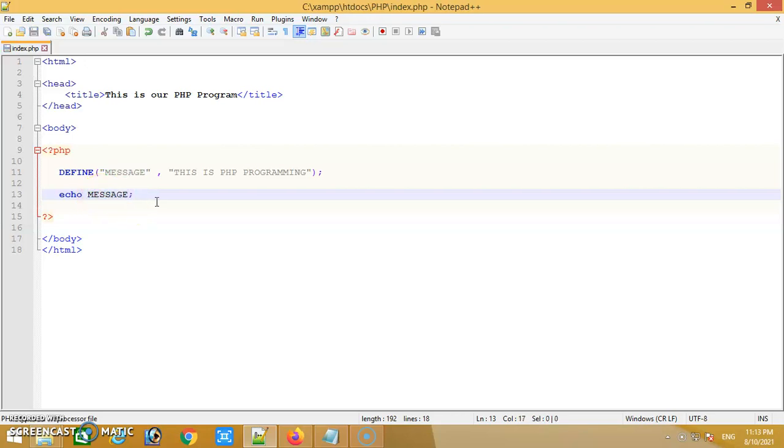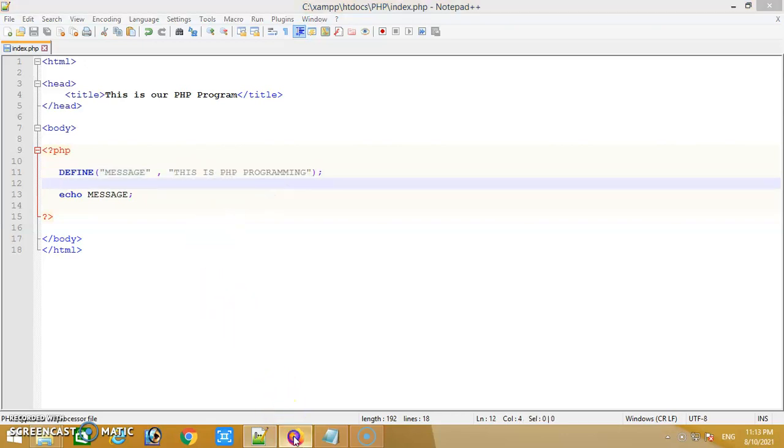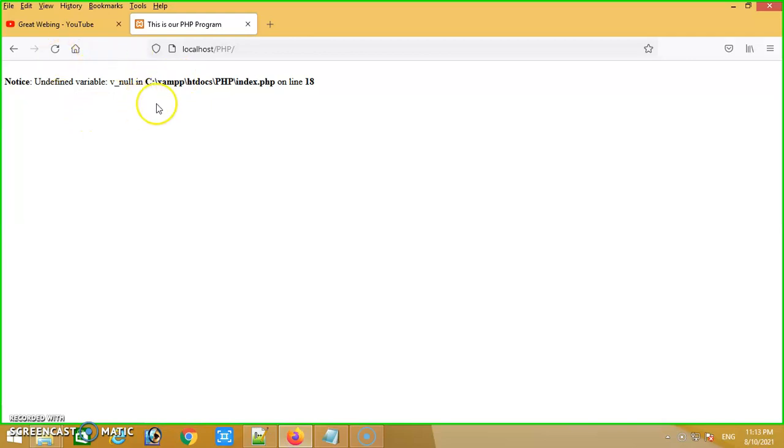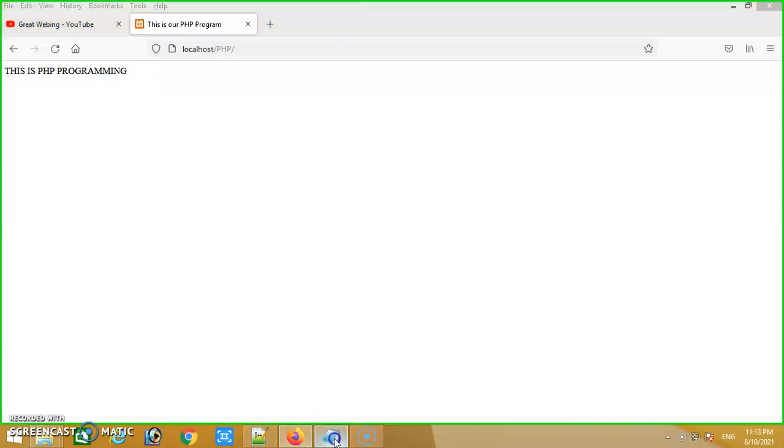That is the rule for constants. Now if I write echo message, it will display the output 'This is PHP programming'. I'm going to the output of this file and refreshing it. Yes, it is showing the same. So this is working, right?